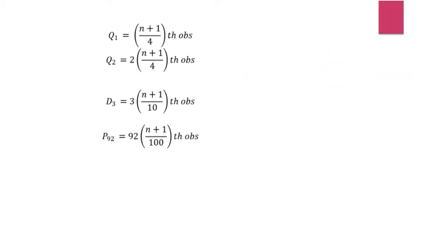Okay students, now one important point: quartile 2, median, D5 and P50, they are all equal to each other. Let's suppose we have the data 17, 19, 12, 9, 7, 15 and 11, and you have to find out Q3. The formula is 3 into (n plus 1) upon 4 observation. Students, always remember, whenever you have to find the median or quantiles, you need to arrange the data in ascending order. So the arrangement of the data is 7, 9, 11, 12, 15, 17 and 19.